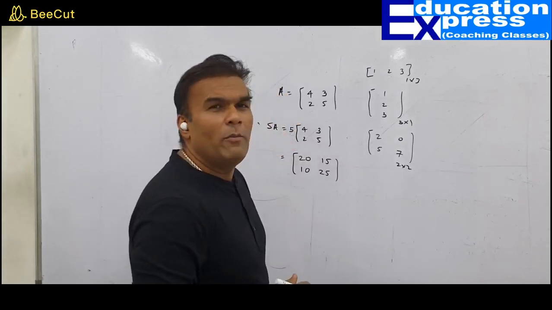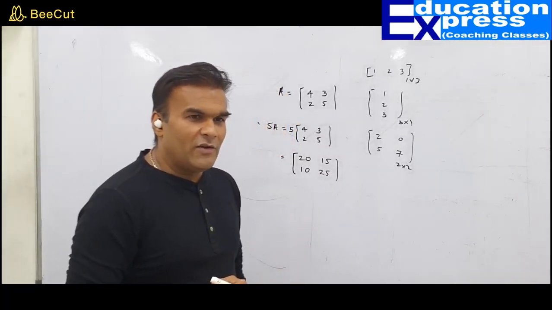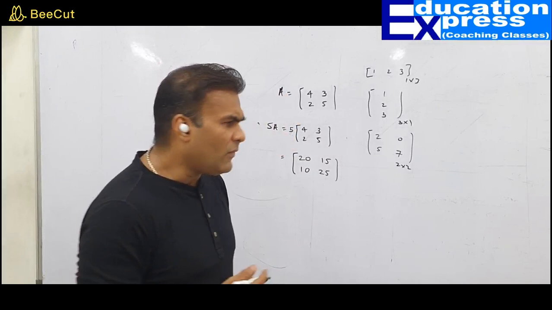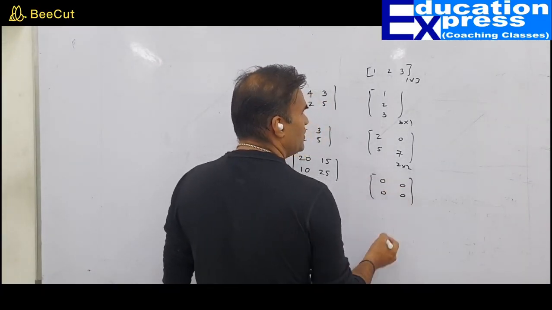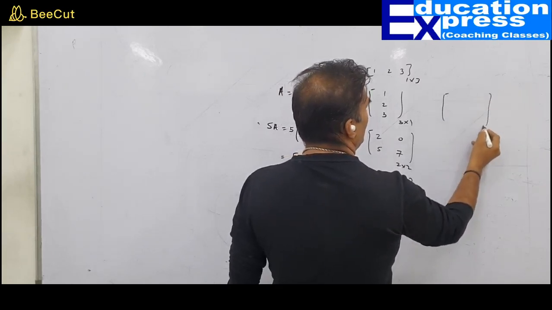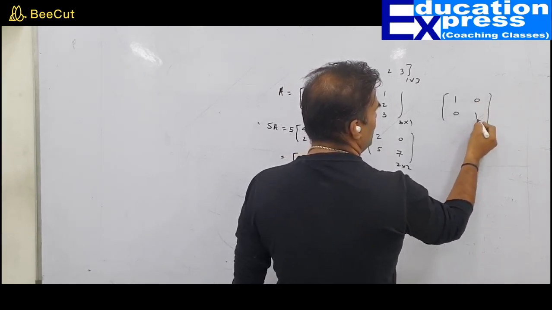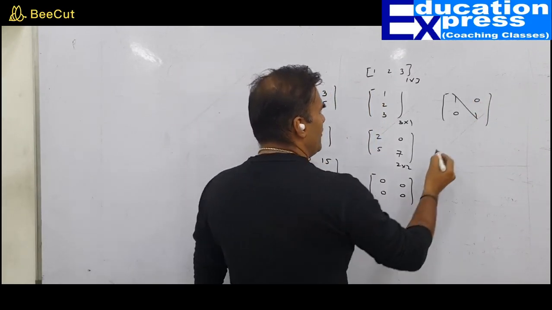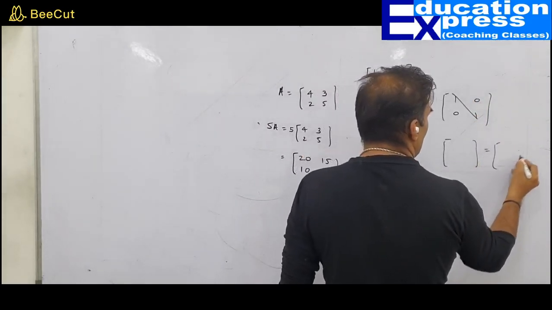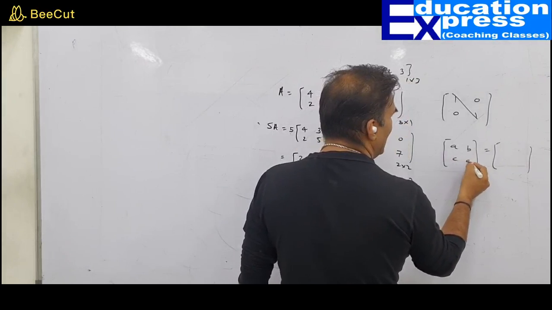So we need to know what is a row matrix, a column matrix, a square matrix. Then a zero matrix, where all elements are 0. A unit matrix, where the diagonal numbers will be 1. And equal matrices. Two matrices are said to be equal if they are identical,